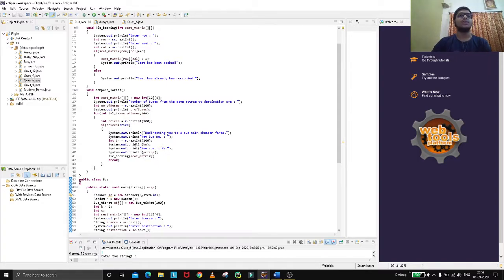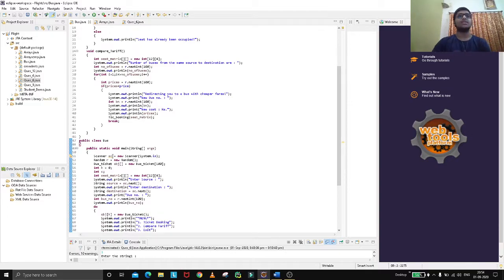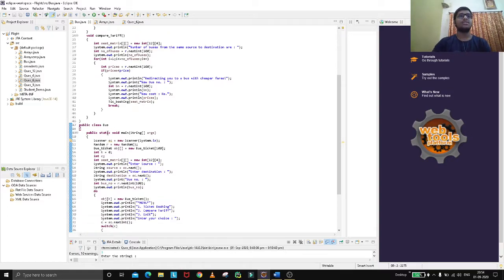If you go with the first bus, say bus number 101, for a specific destination it provides a cost of 30 rupees, and if you go for compare tariffs, another bus may have cheaper rates. Like this the code goes.